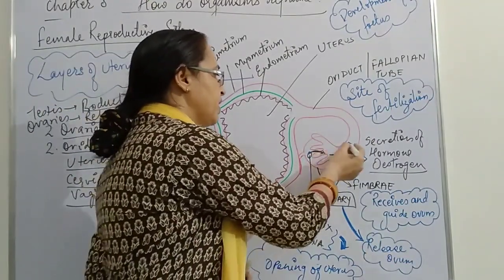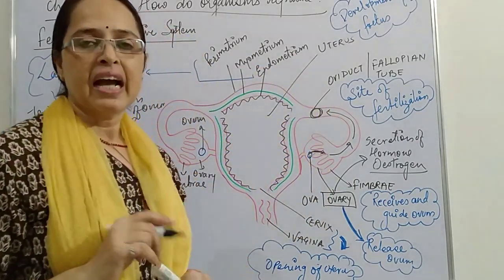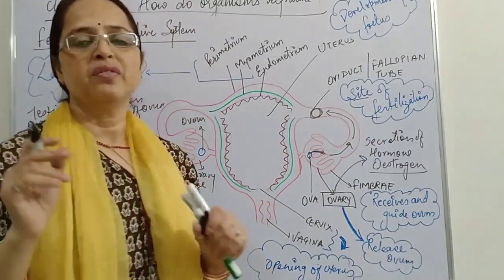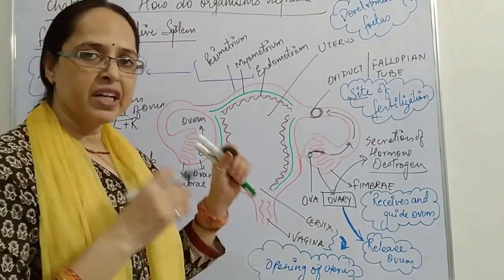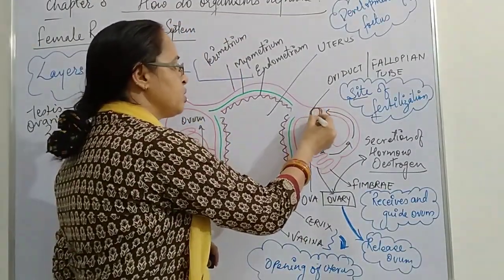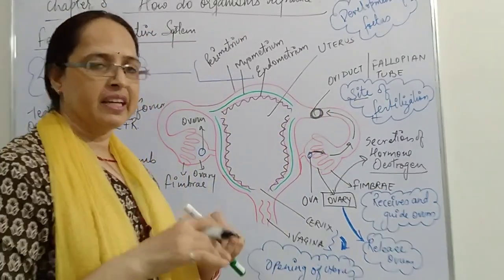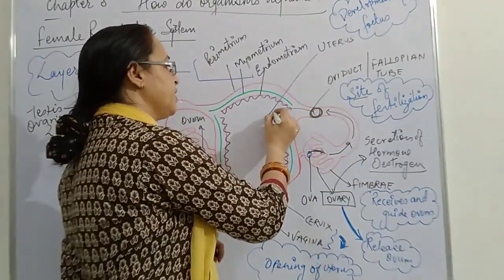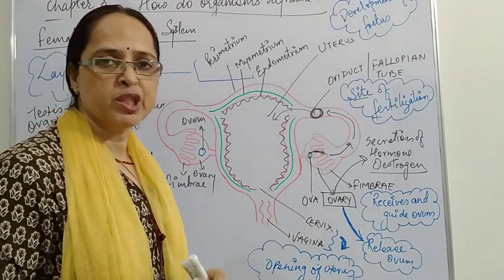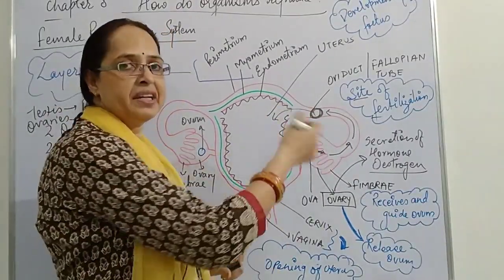Now when this ovum enters into the oviduct, it reaches over here, and this oviduct is the site of fertilization. That means where the fertilization occurs. It waits for the sperm for fertilization. Now ovum reaches over here, and if it does not find sperms, then it gets degenerated. When there is no fertilization, no sperms, then the ovum gets degenerated and it is expelled into